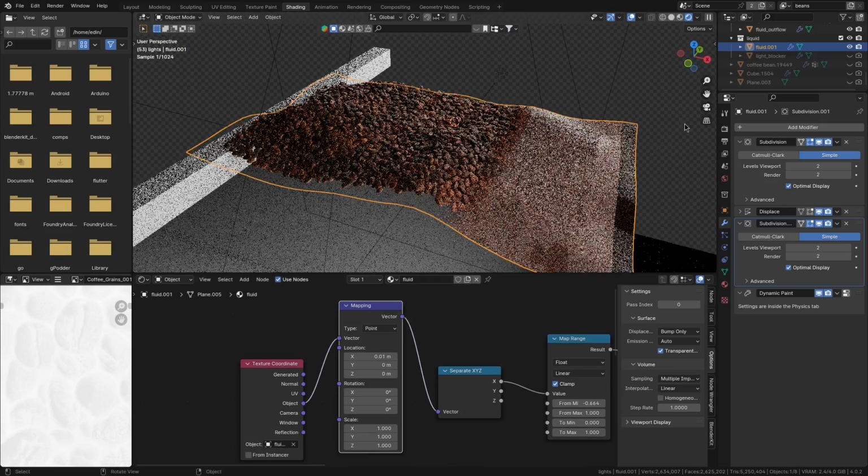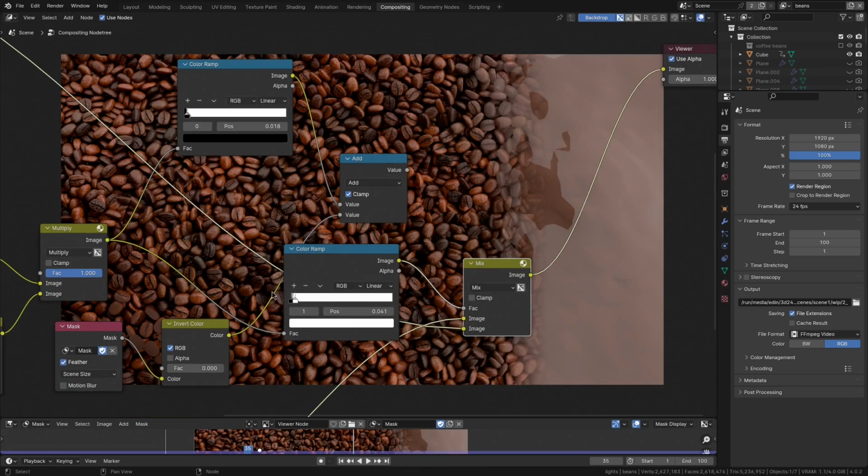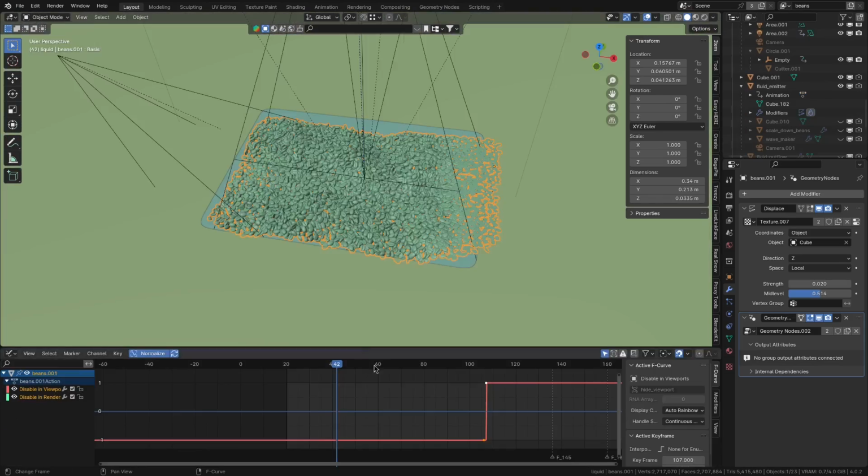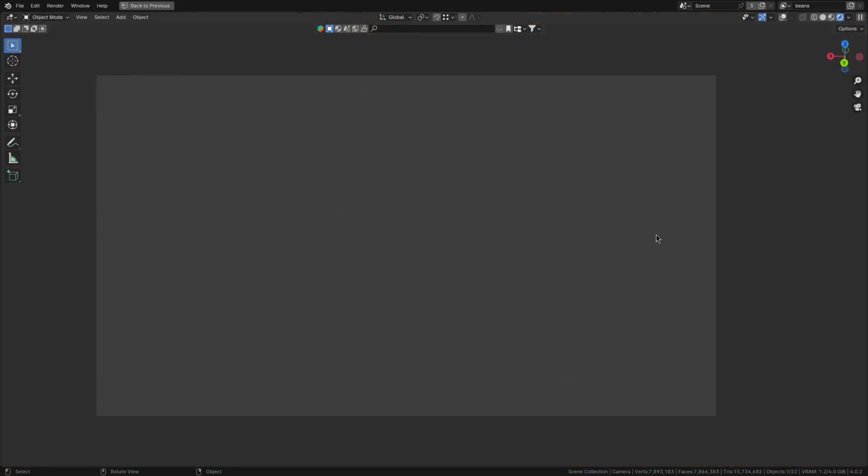Slowly fading out the beans and blending in the liquid, bad. Using the depth pass to mix between the beans and coffee, terrible. Scale the beans down just before they become liquid, not good at all. Make a geometry node setup to squash the beans into the shape of the liquid, yeah, no, that kind of works. Now we just need a better camera position and we can move on to the next shot,